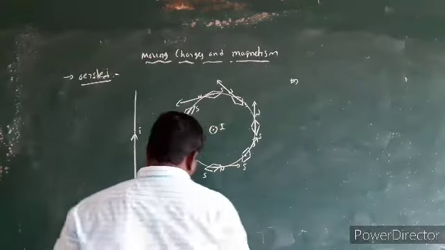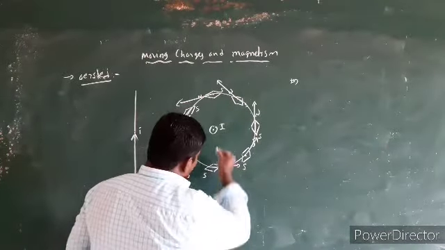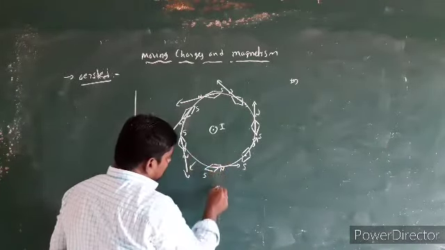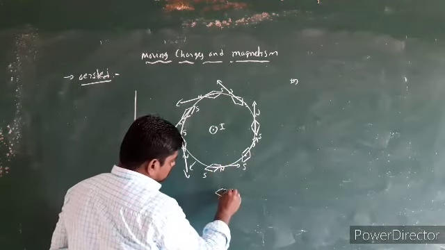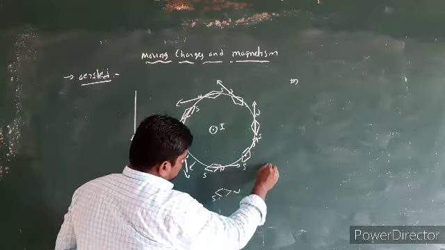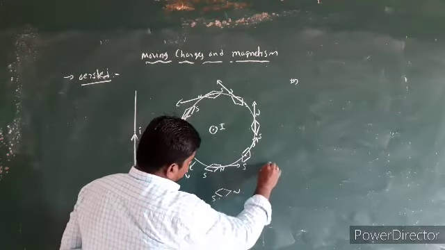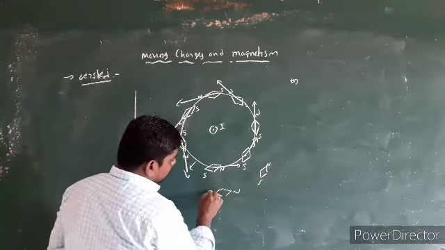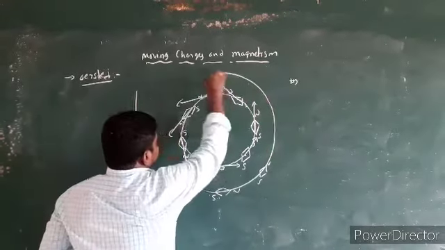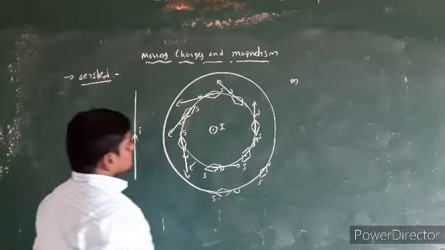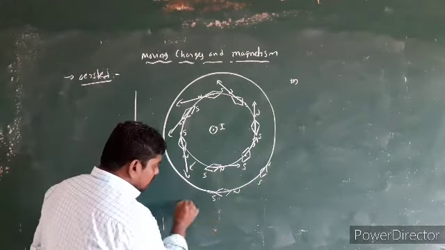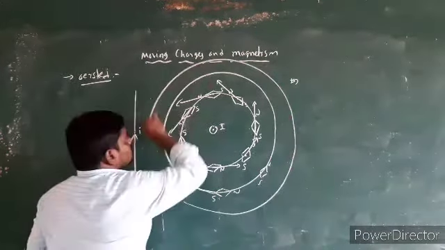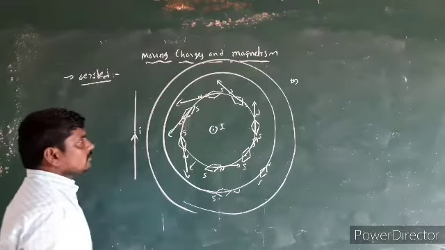Now, if the distance between the magnetic needle and this wire increases, and we place the magnetic needle at this position, south pole, north pole. Here also, south and north like this. Here also there is a magnetic field line. This is the shape of the magnetic field. If we place the same magnetic needle here, this is the shape of the magnetic field.